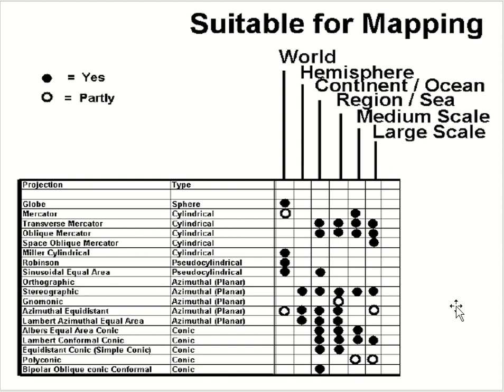Here's some more information as a reference, not on the spatial property to be preserved, but actually the loosely termed spatial scale at which you'd want to map. If you're working at world scale, you would have a few different choices. If you're working at continent scale, national scale, say, you'd have a few more.